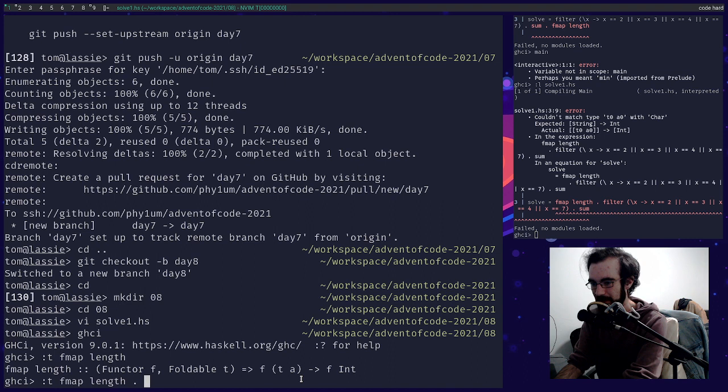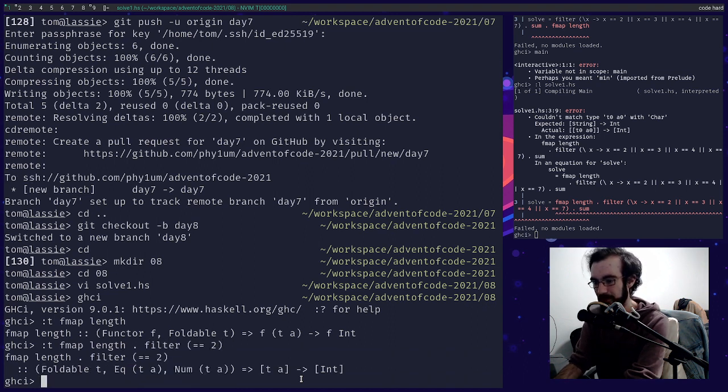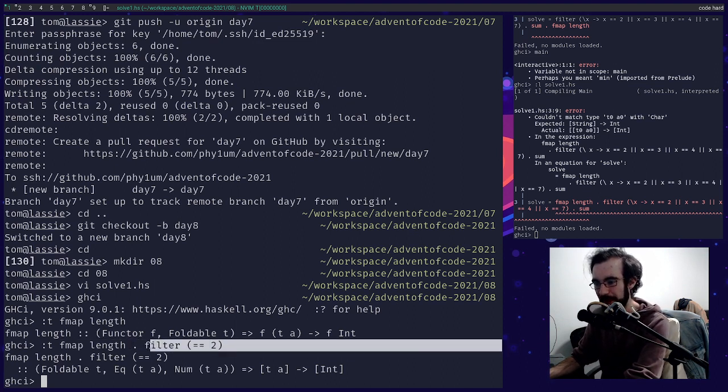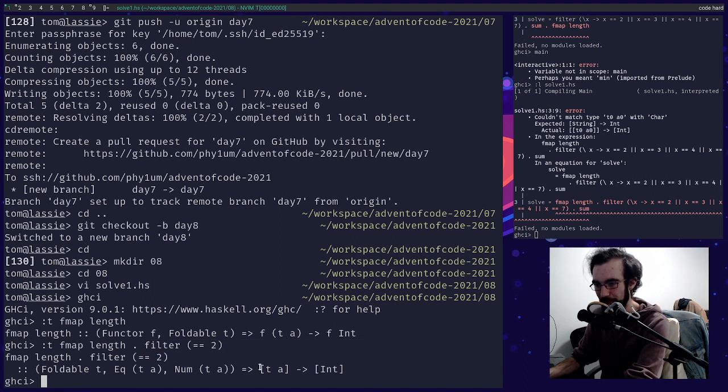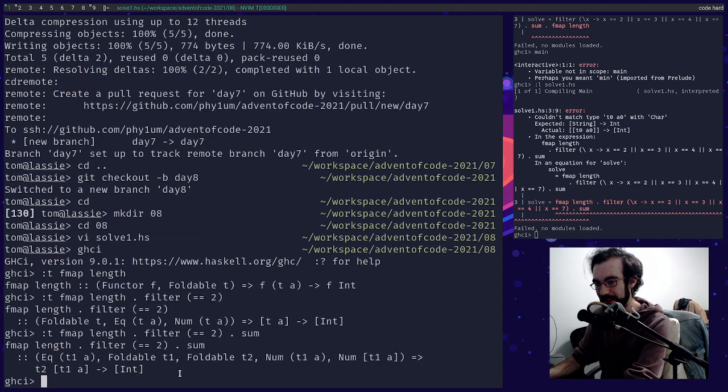Fmap length equals 2. Okay, so this is fine. Fmap length, we can combine a filter on after this, and so now we go from list of strings to list of numbers. That's fine. That's what we wanted to see. And then we can chuck a sum on the end of this, and now we're going to go from